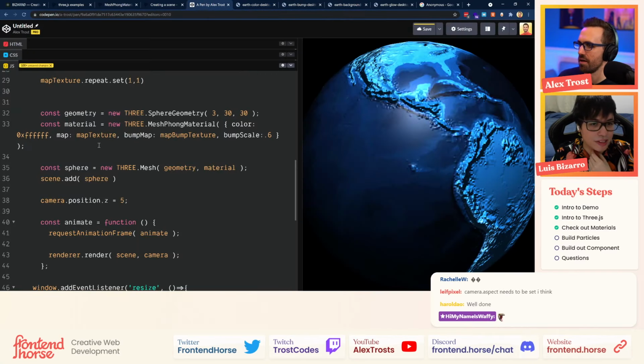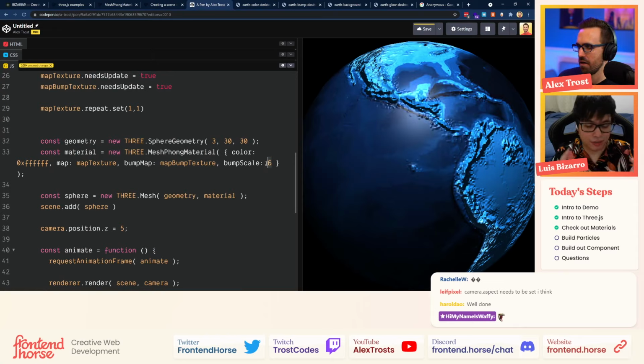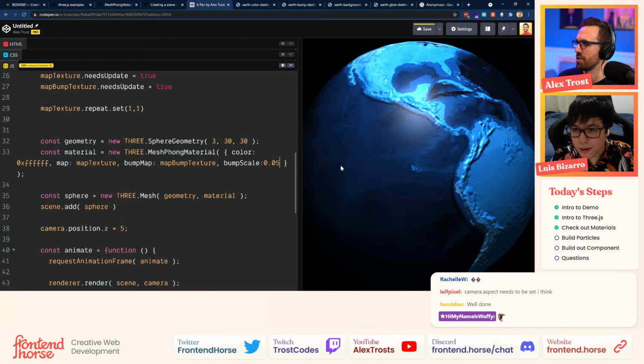And for the bump scale, I was using one before, but my sphere geometry was bigger. It can be something like 0.5. Cool. That's looking good. I would say even better at two, because it's still a little pixelated. We can also zoom out a little bit and center the globe a bit more, in the middle. But yeah, it's already looking cool.